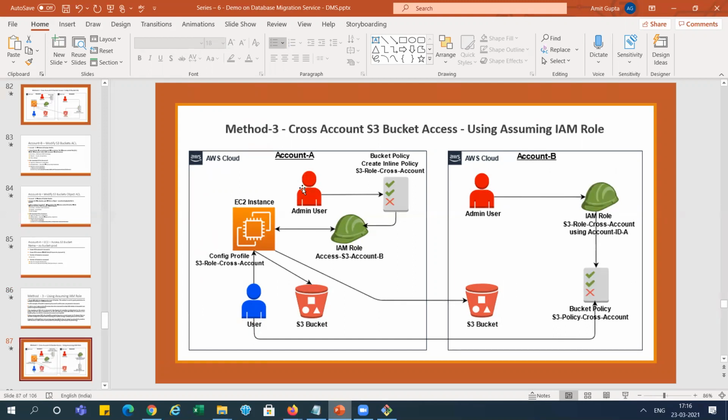And when we create that role, we use one policy that is called an inline policy, and while creating the inline policy, we will use the ARN for this IAM role, right? I have written S3 role cross account. We will use this role ARN over there, right? And the same we will attach to the EC2 instance, and after that we are able to access this S3 bucket. And for the same bucket access, we need to add one more policy to this role. And after that, we are able to access this S3 bucket, right? So let's do it, and I will explain this later, right?